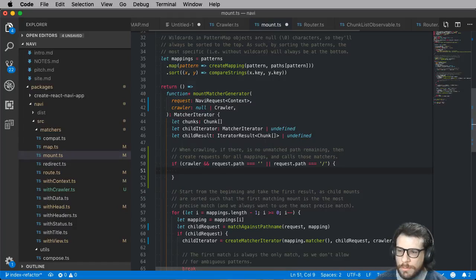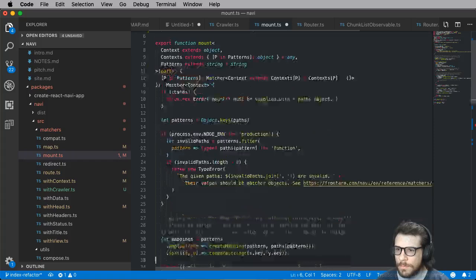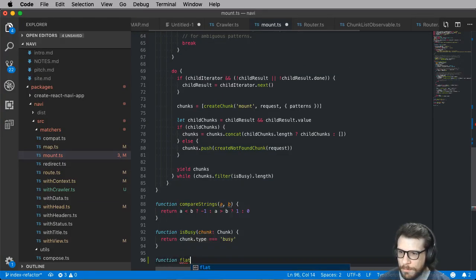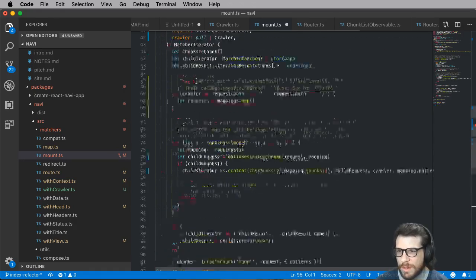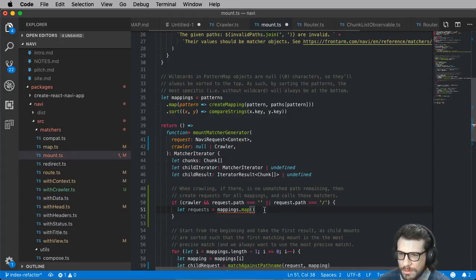So first part is create requests for all mappings. So requests equals mappings.map. I wish we had a flat map, but we don't. So I'm gonna create flat map. I'm gonna go to the bottom. Function flat map takes. Actually, I don't know if I'm gonna create flat map because I think I got to deal with async functions too, and it might be easier to just do it this way. So mapping. So we got a pattern inside of mapping. That's the thing that it's kind of mapped to,